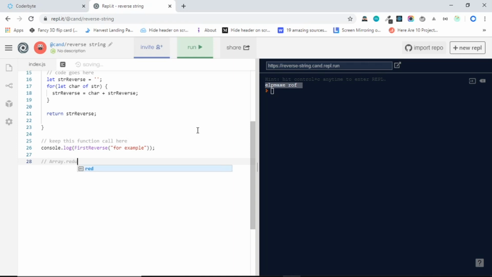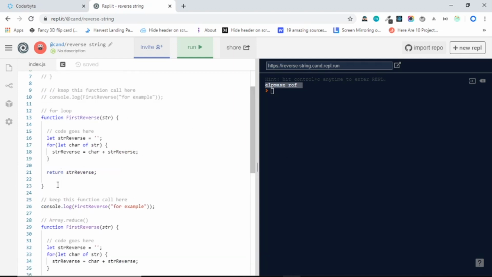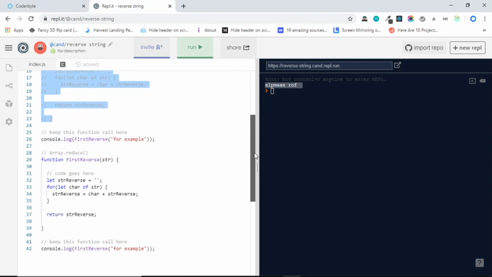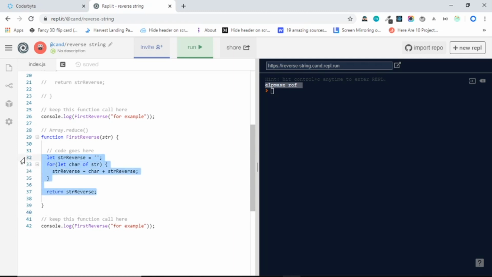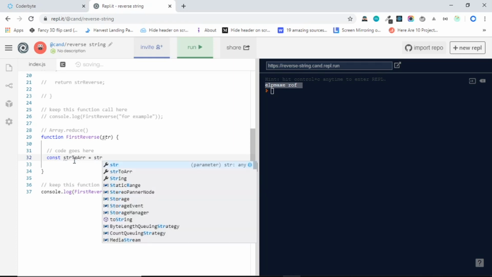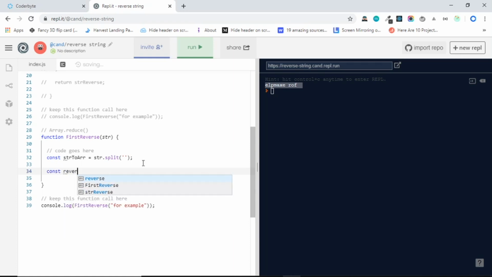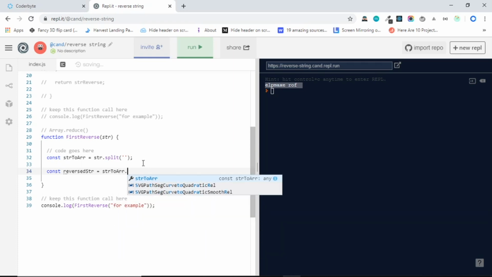And down here we need to use the array dot reduce method. Okay, so let's paste down here. Let's uncomment that. I don't want to see a couple of errors. Let's remove everything. If we need to use the reduce method, we need to change this string to an array first. So just like we did in the first solution, create a const string to array. It's going to equal string dot split. Okay, so let's create a variable called reverse string equals string to array dot reduce,